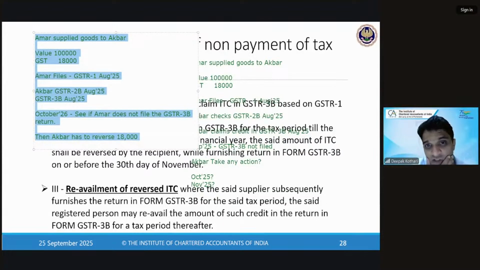So Akbar has to check 2A every month till October. Correct. Or he can just see in the October month itself. That is also fine. Correct. End of the following year. October of the end of the following year is what is 2026 in our example. Okay. So